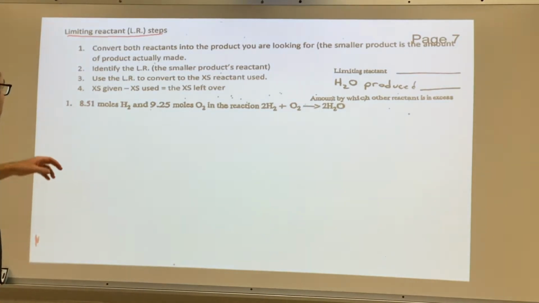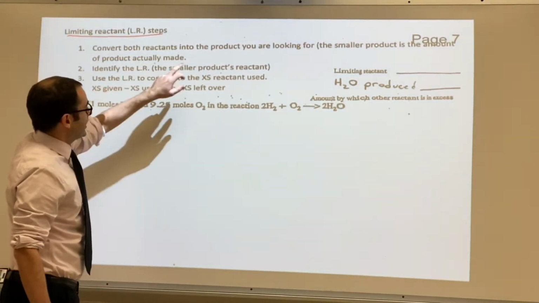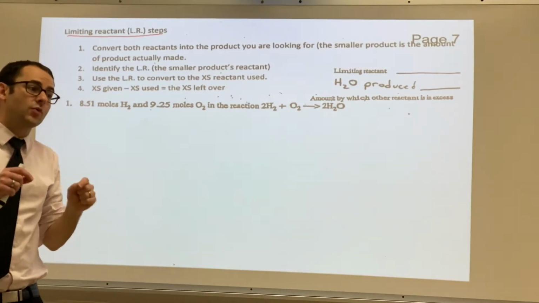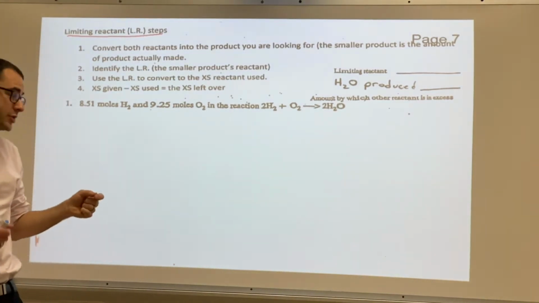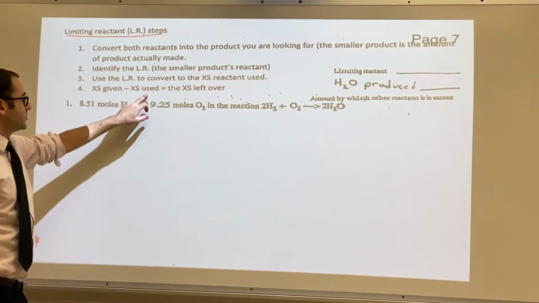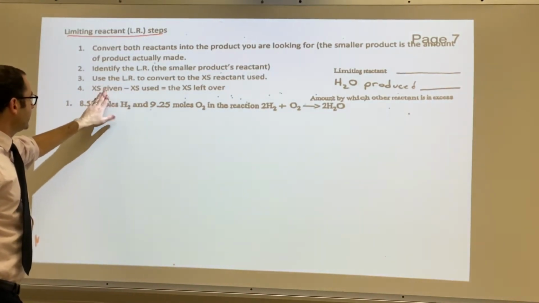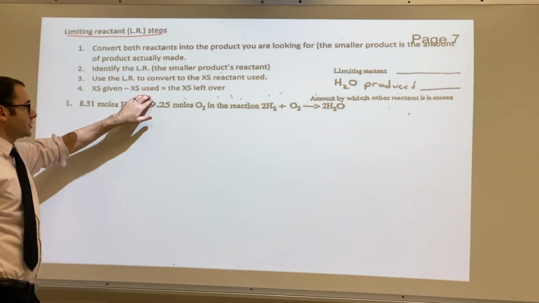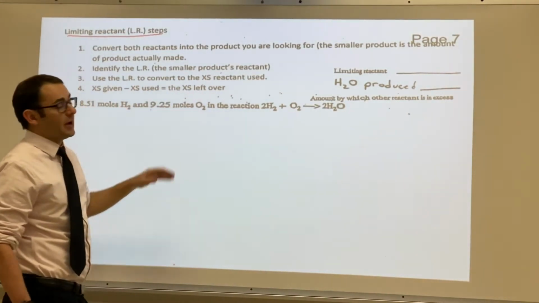We're gonna convert the limiting reactant into the other one, because that'll tell us how much of the other one we're actually going to use. And then we can do a subtraction. How much of the excess was given minus the excess used, that's how much of it would be left over,